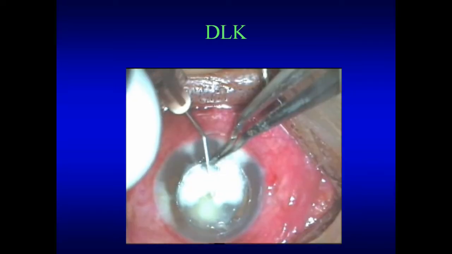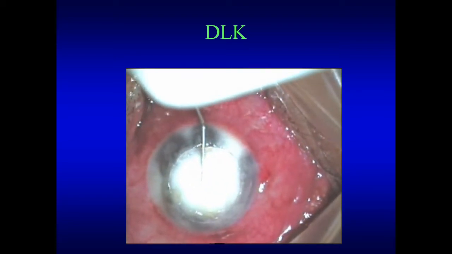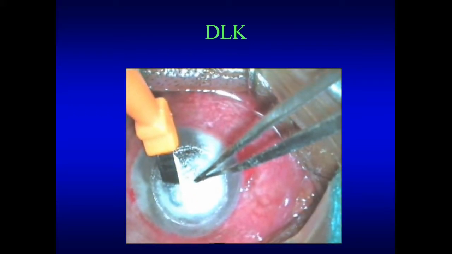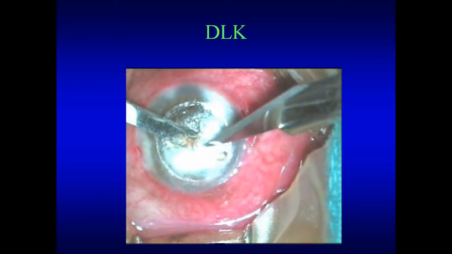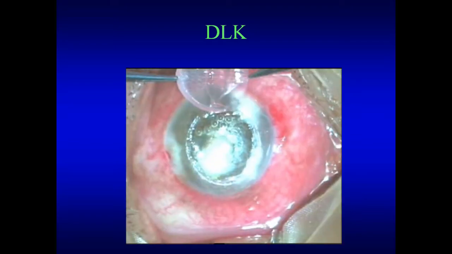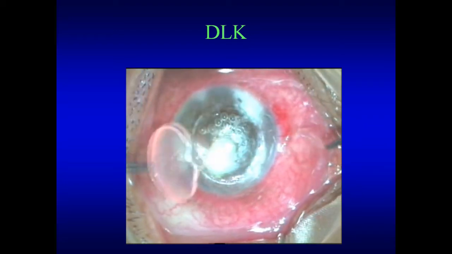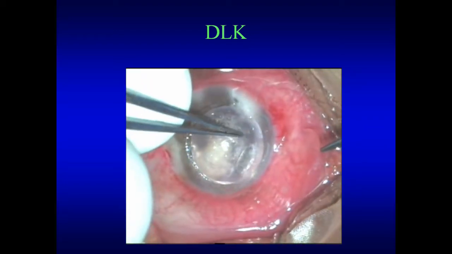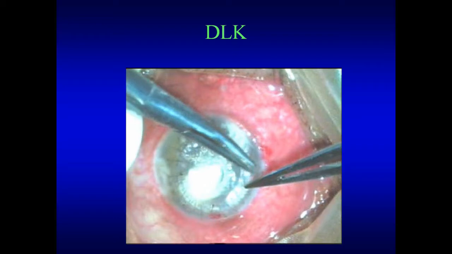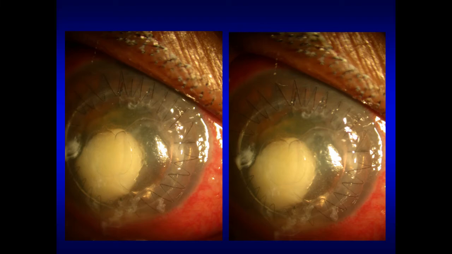You can do a deep lamellar keratoplasty in certain cases of infective keratitis, mainly with anterior two-thirds infections. And this is a DLK which I had done long ago, and as you can see, it went off very well. This was a prolonged non-healing ulcer. I decided not to do a full thickness procedure and went ahead with a deep lamellar keratoplasty. That exudate you see within the chamber, within the area of interest, is an organized hypopyon. It's within the anterior chamber and not within the cornea, as one may think.